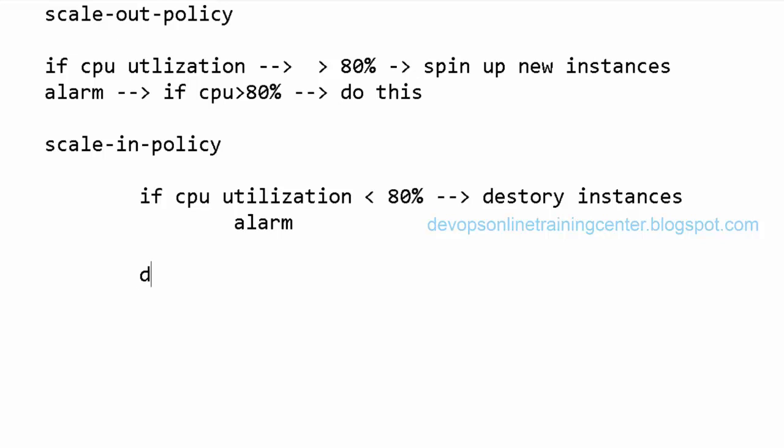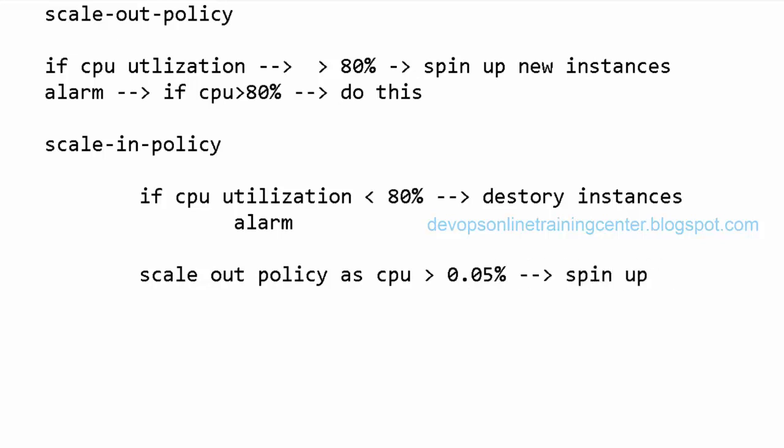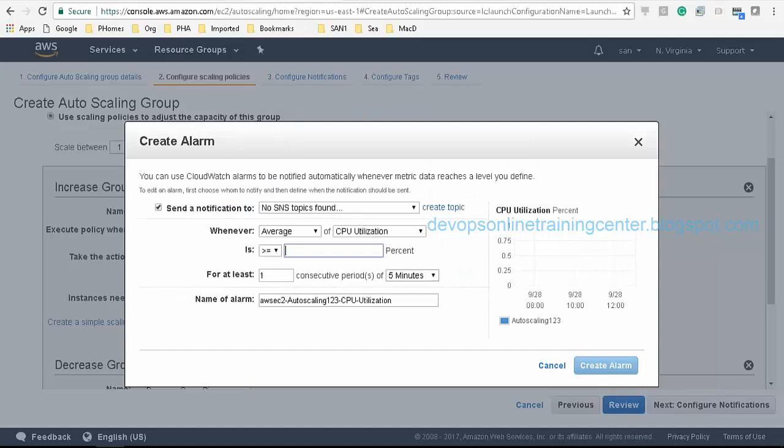So just for demo purposes, I'll put the scale out policy as: if CPU utilization is greater than, let us say, 0.05%, then spin up new instances. Because we don't have an application here, so just to see if it really spins up the servers, we make the alarm so that if CPU is greater than this, spin up the new instance, right? So if CPU utilization is greater than 0.05, yes.